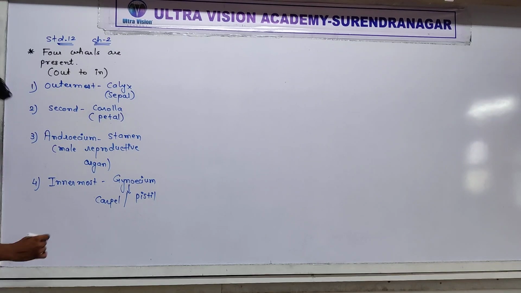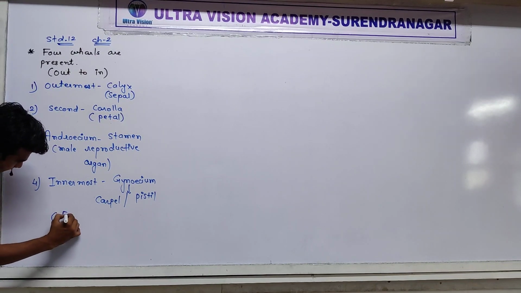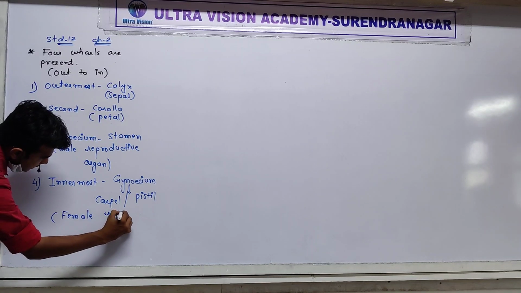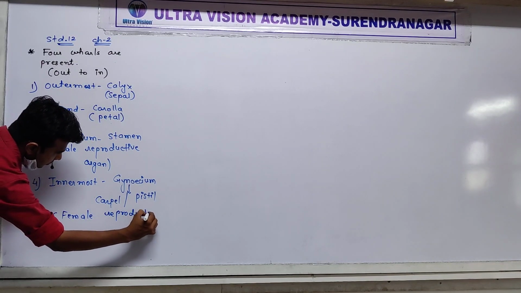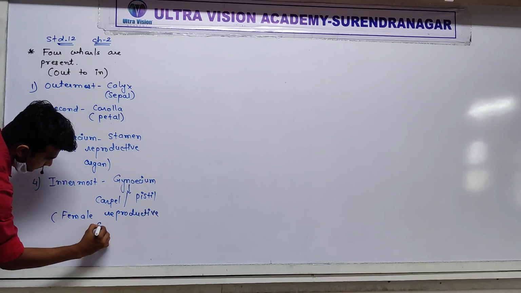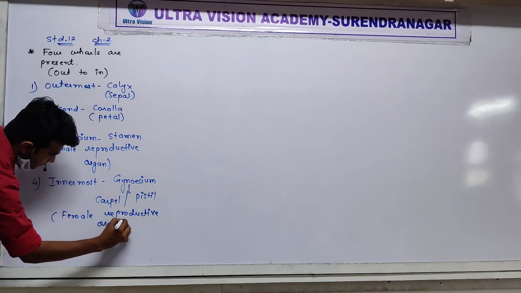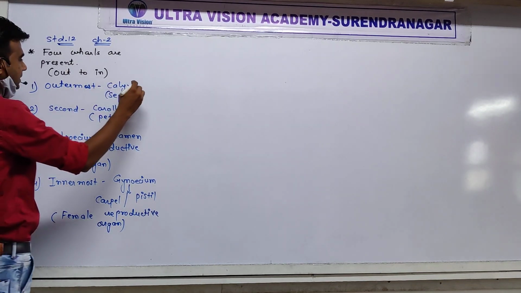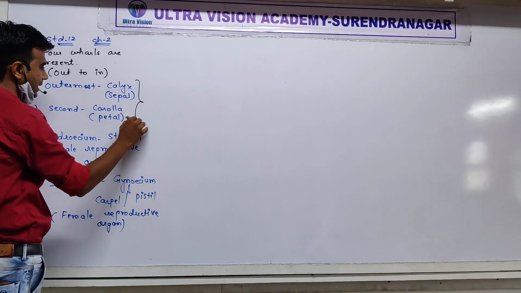It is known as female reproductive organ. So sepal and petal means calyx and corolla are